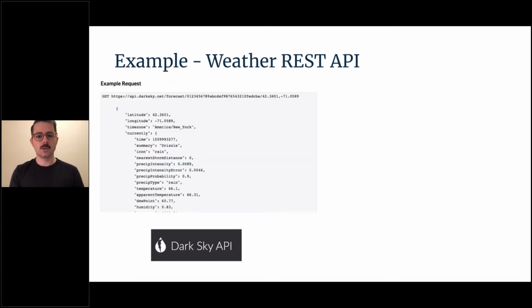So as with any good project, there's an API that underpins this. I chose the Dark Sky API, which is a really nice weather API. And they have a REST API. It's very comprehensive. What you do is you do a GET request to this URL with my key there. And then you also get a lat long results there. So you provide the lat long, sorry, and then it gives you the results in a really big JSON response,